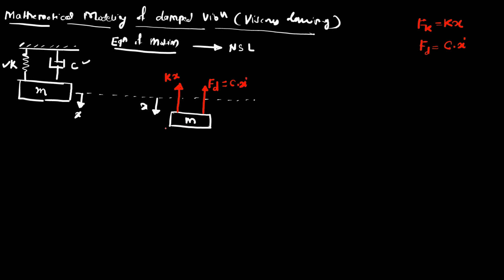These are called external forces. External forces means these are independent of the mass. Now the inertia force is because of the mass and the displacement x. As the displacement x is in the downward direction, we should consider its acceleration in the same direction when we are using Newton's second law. For D'Alembert's method, this vector is in the opposite direction.